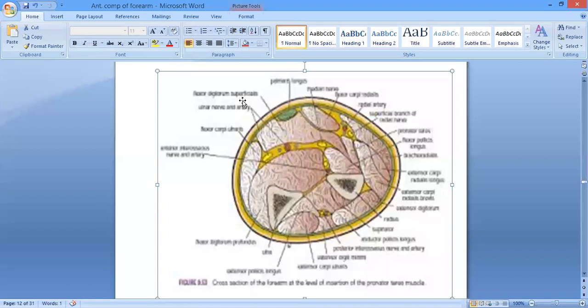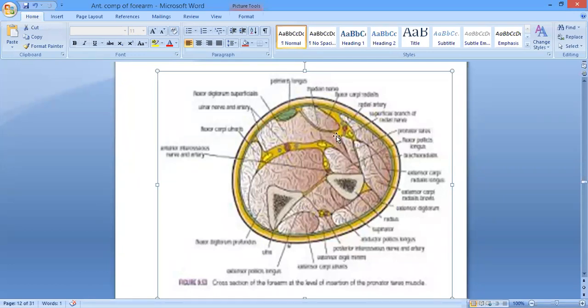Now the fascial compartments of the forearm, or the deep fascia of the forearm. You can see that this is skin, superficial fascia, and this is the deep fascia, the green lining. The deep fascia of the forearm is membranous and encloses the forearm like a sleeve. It is attached at the posterior border of the ulna, and then the interosseous membrane stretching between the radius and the ulna divides the forearm into the anterior compartment and the posterior compartment.